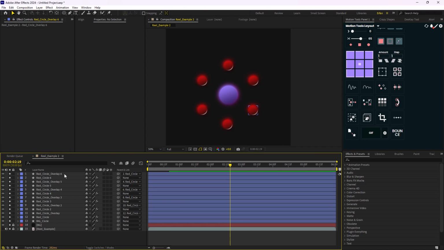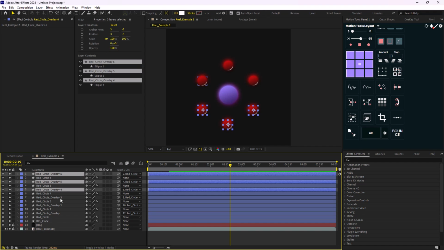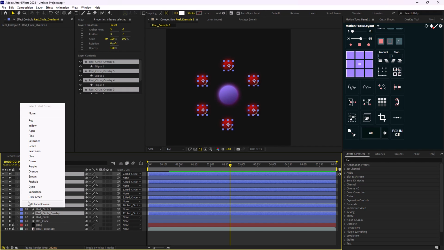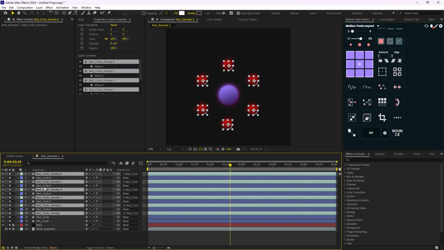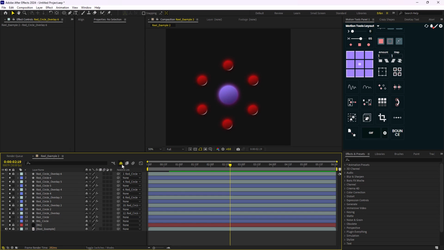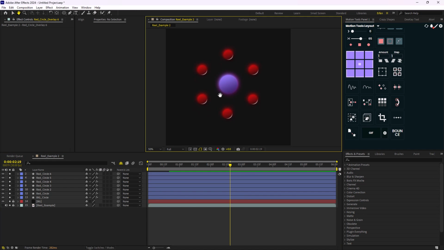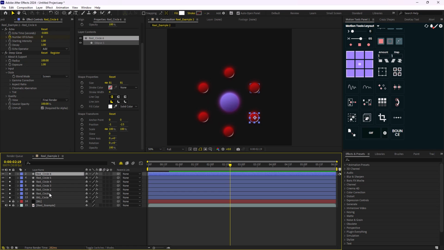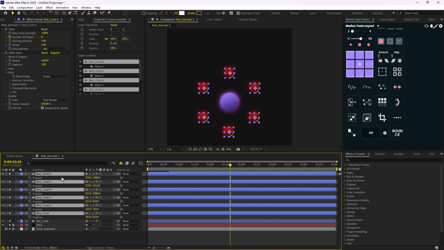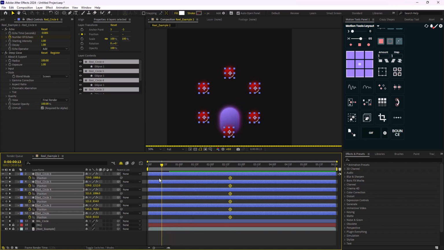Now what I'm going to do is select the red circles overlays. I'm gonna change their colors, and then I'm just gonna activate the shy function, and then I'm gonna lock them, and lastly I'm just gonna hide them because we don't need them. And then I'm gonna select the red circles, and I'm gonna press P to open the position. And when